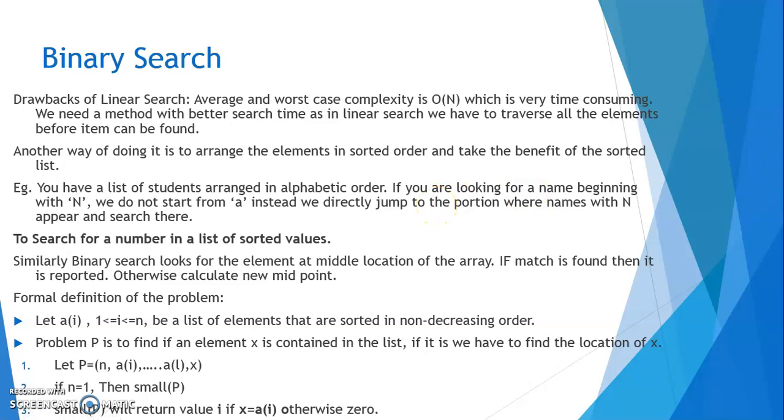Now we already know that the list is arranged in alphabetical order. So we will not start looking from the first name because we know that the names in the beginning will begin with A. So we will just look at the first alphabet till we find N. And the moment we find N, then we will start looking for the item that we were looking for.